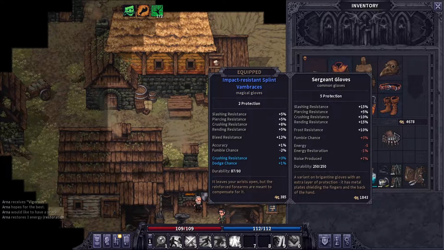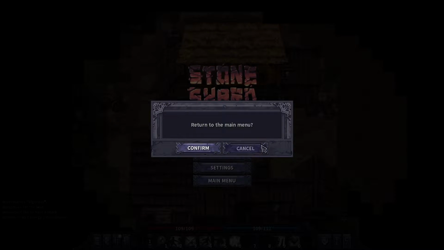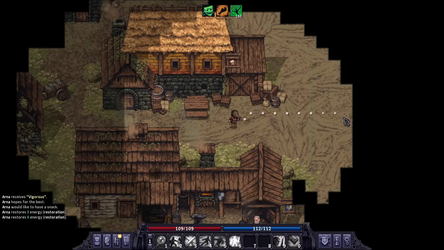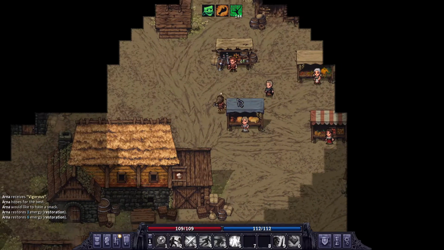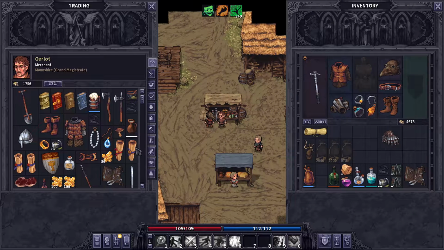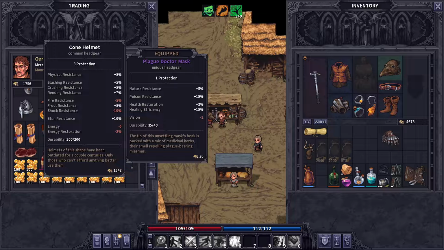We definitely want to enchant this. Actually, I did restart, right? Yeah, I did. Man, forgetful. Let's do this first. Okay, we have a cone helm here,